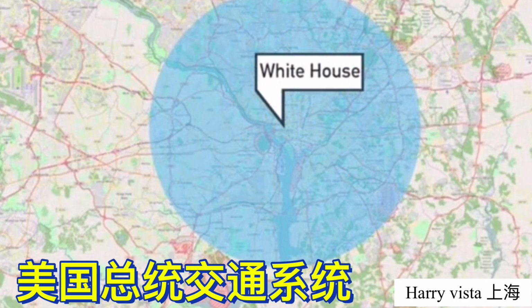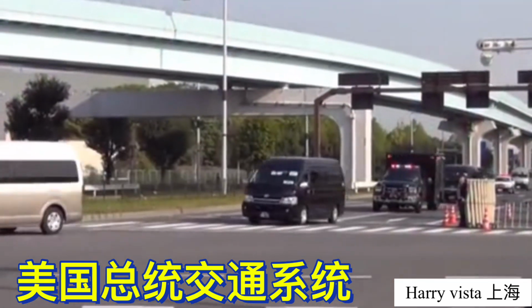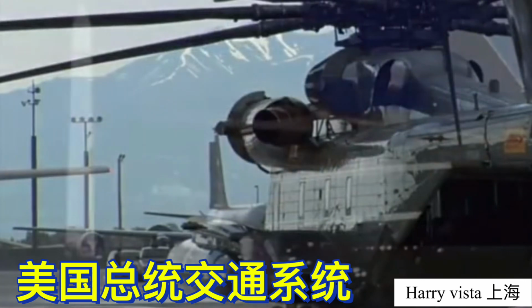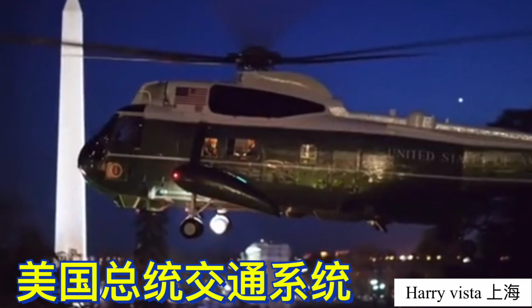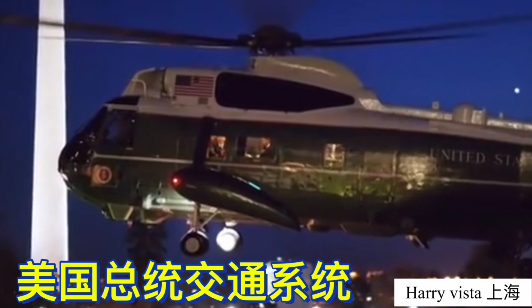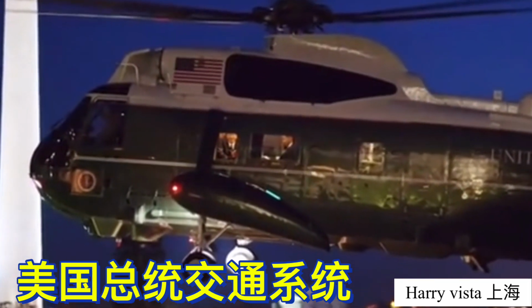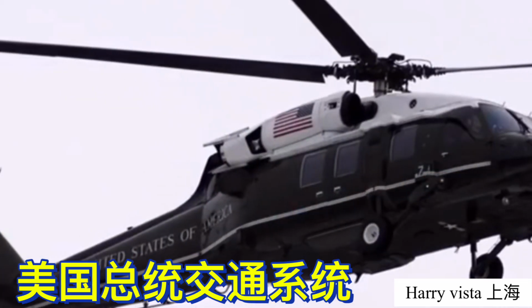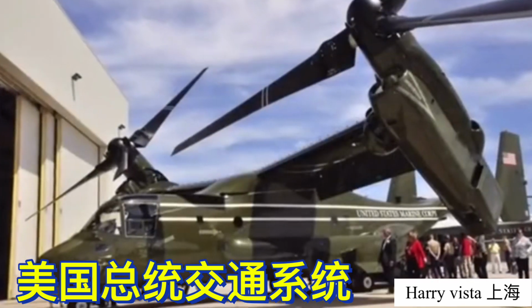Motorcades are also incredibly logistically difficult and expensive. So whenever possible, the president will travel on Marine One. Marine One isn't actually the name of a specific helicopter. It's rather the call sign used by any helicopter with the president aboard. The Marine Corps operates 35 total helicopters of a few different types as Marine Ones, which might seem like overkill,